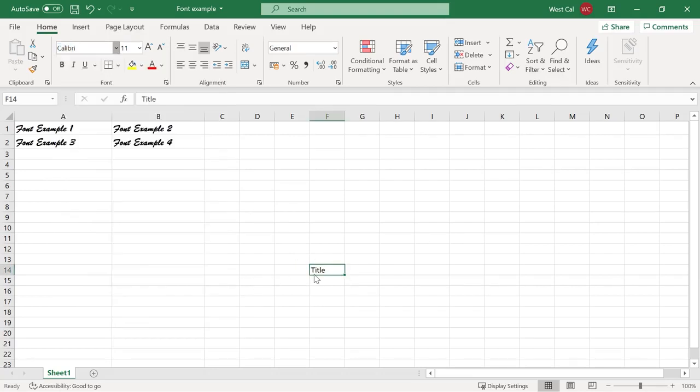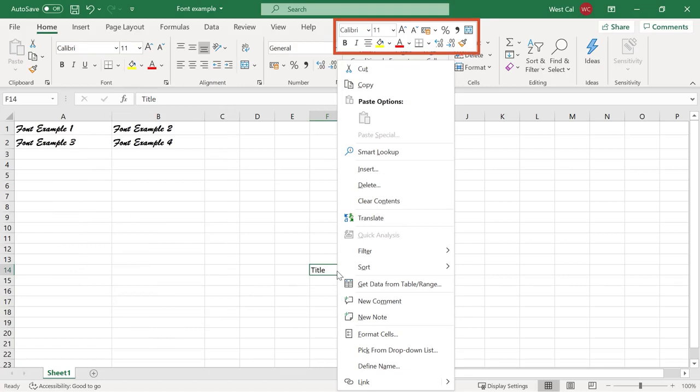When you right-click on a cell, you will see a small formatting toolbar at the top of the pop-up menu. This toolbar is called the Mini Toolbar. It contains popular commands related to whatever object is currently selected. For example, if you have text selected, you will see formatting commands available in the font and alignment groups of